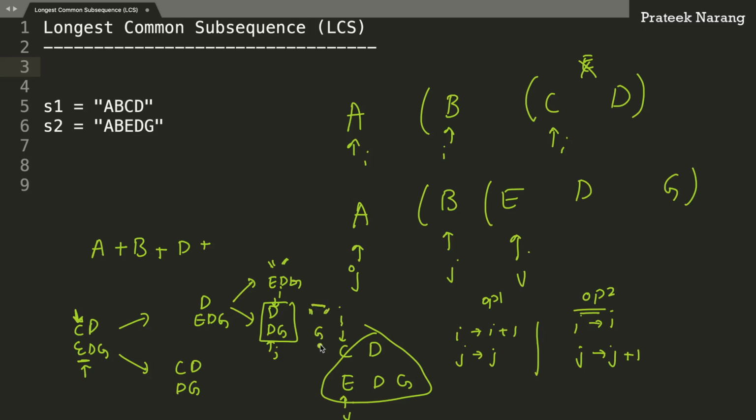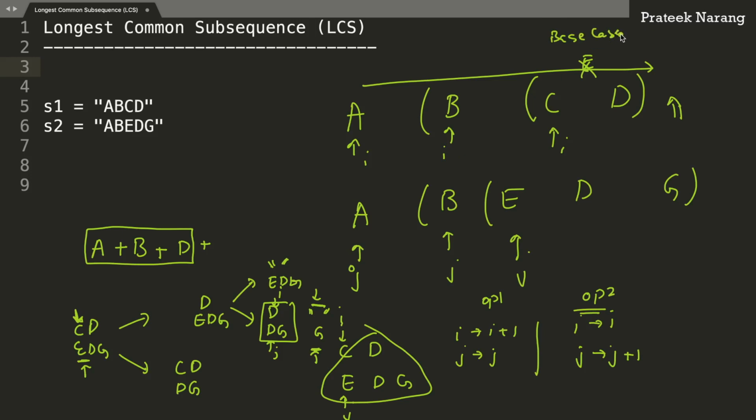So if one of these remaining strings is null, right, then you can never have something that is common, right? So you just return a zero length string. Okay, so this is how, by making recursive calls, we can actually end up at a case where we have completely iterated over one string and we reach the end of a particular string, right? So in that case there won't be any common subsequence and we will hit a base case, right?